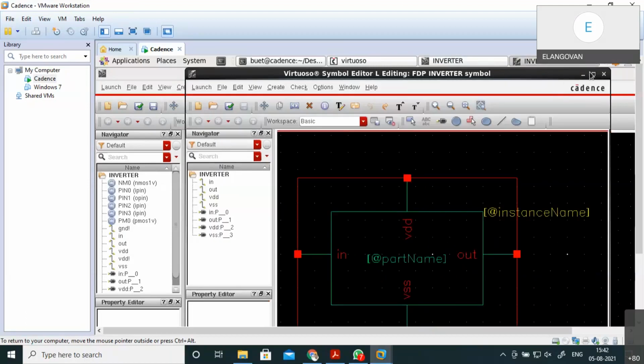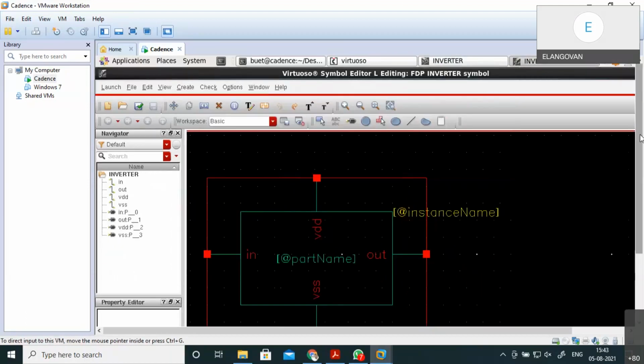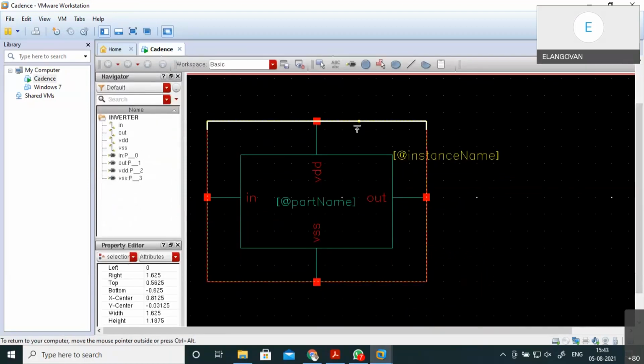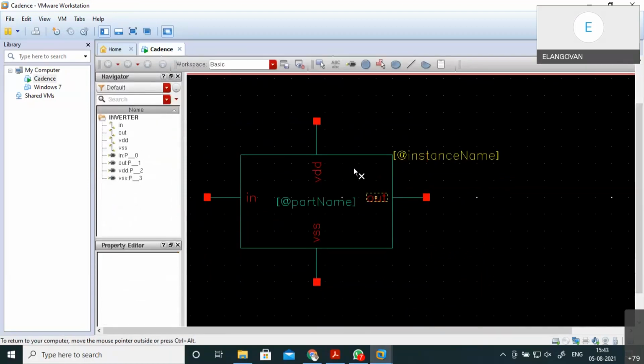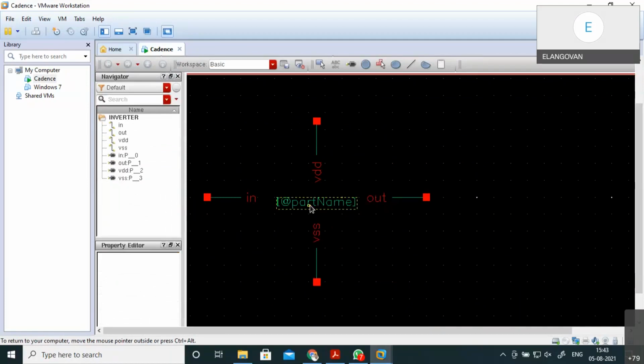Here you can see the symbol. So for the symbol, you don't want this. Actually, for the inverter, suppose I am going to make a symbol like an inverter. I'm removing all this. I don't want this instance name. If you want the port name, you can use the port name. Otherwise, remove it. This is my input, I'm keeping here, and my VDD I'm keeping here, and the VSS I'm keeping here, and Vout I'm keeping here, and use this line for making your symbol. As your wish, you can make your symbol.